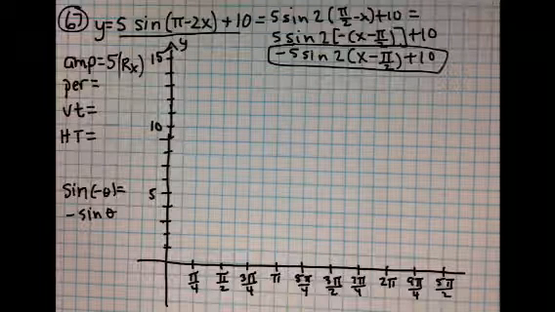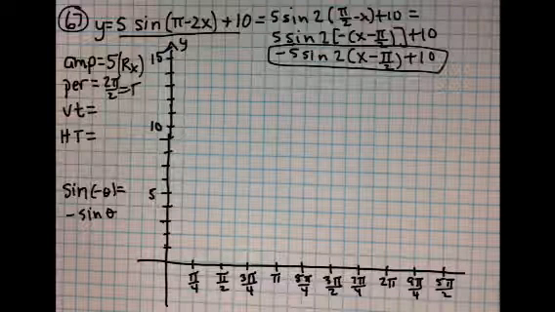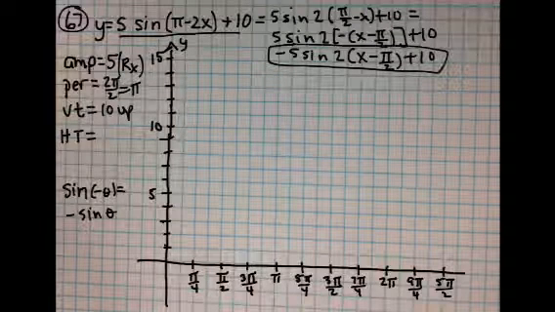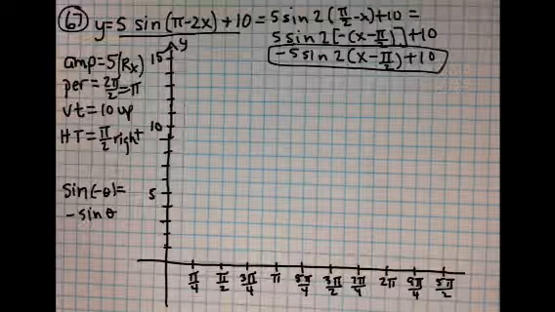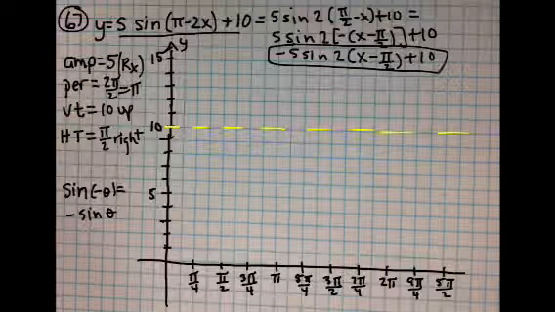The period is 2 pi over 2, which is pi. The vertical translation is going to be 10 up. The horizontal translation is going to be pi over 2 to the right. Okay, so let me go ahead and draw the horizontal midline. And then pi over 2 to the right, so here is,